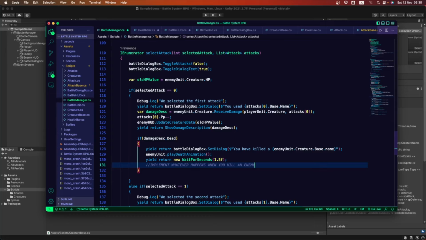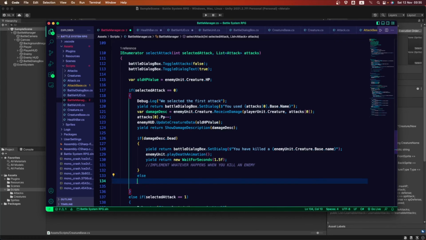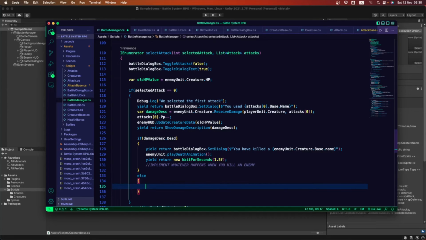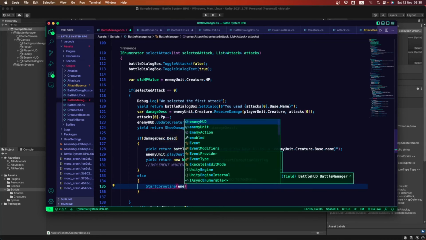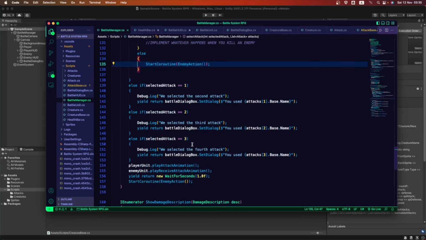When you kill that creature with that attack. Else, if that enemy creature is not dead, we're going to start the enemy action coroutine.